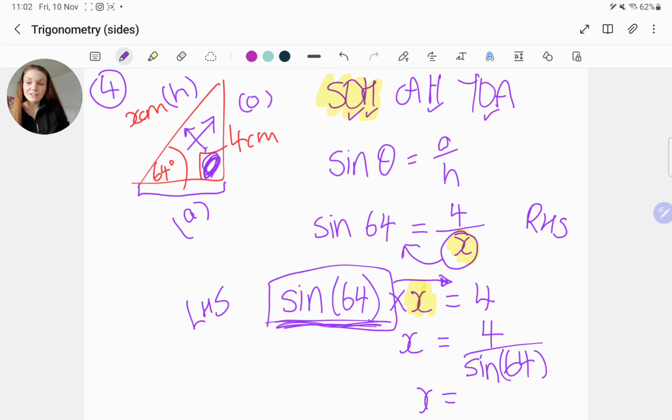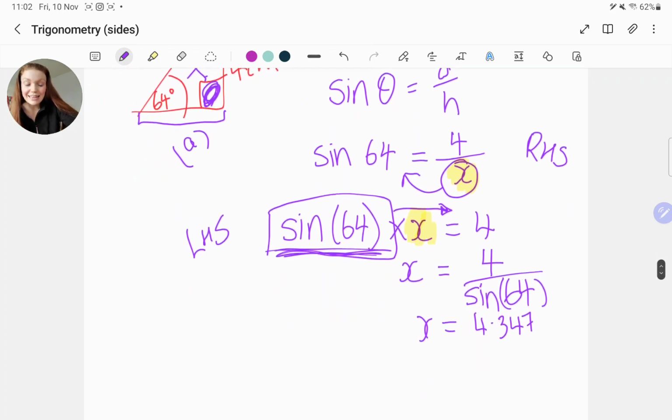Don't let this little extra bit of rearranging make these seem difficult, because they're really not. We didn't do anything different in this question. We identified it was trig, we labelled it, we decided we were using sine, we wrote our formula, we substituted in our numbers, and now all we've done is apply the rules of rearranging formula to get x by itself and positive. Okay, so then we can say 4 divided by sine 64, don't forget to close your bracket, gives me